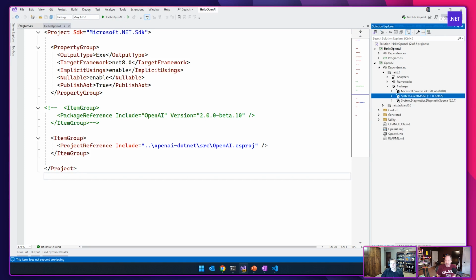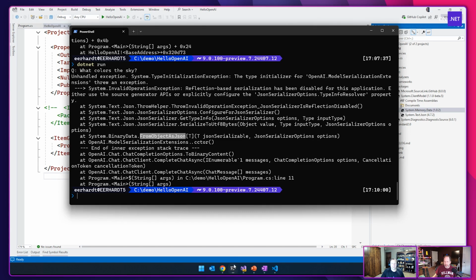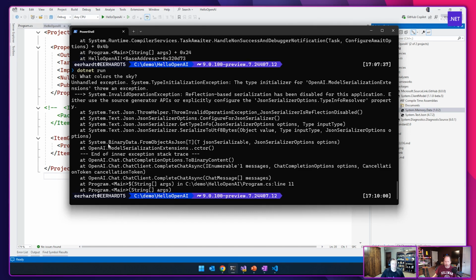So it says I reference a thing called System ClientModel and System Diagnostic Source. System ClientModel says I reference System Memory Data and System Text Json, which makes sense, right? Like it's doing JSON REST APIs. And this System Memory Data is actually where this exception is coming from here.